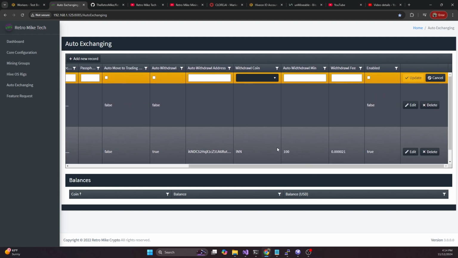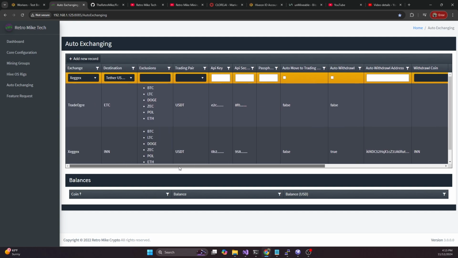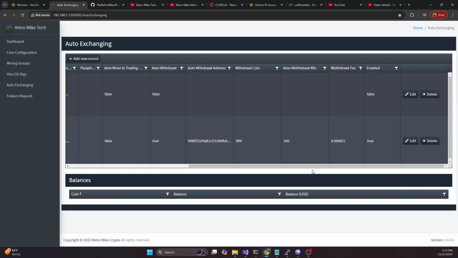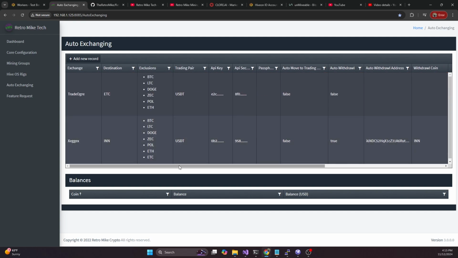Once I accumulate 100 INN coins, it's going to withdraw it. And this is the withdrawal fee for INN, so it's very minuscule. With this, I'm able to mine to Zegax, have it auto swap, and whenever it hits my threshold, have it withdraw to my wallet. In this case, I am stacking a coin that I want to stack, but you can very easily do this